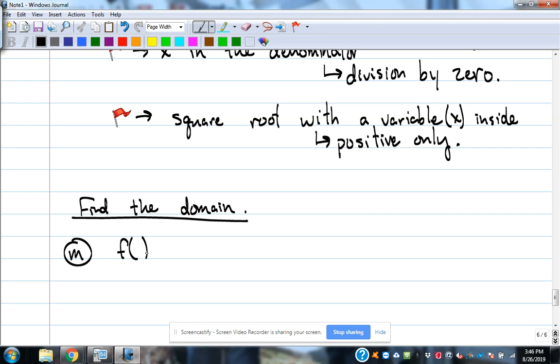f of x, and let's start with one, x squared plus 5x minus 7. We look at that one and we see, okay, well, I got an x in there, but I don't see any fractions. So the first red flag can't come up at all. There's not even a fraction in there. I see a squared, but I don't see a square root. So neither of the red flags show up. So that tells me that this one has no red flags. So that's what I'm thinking. I'm thinking no red flags. That means the domain